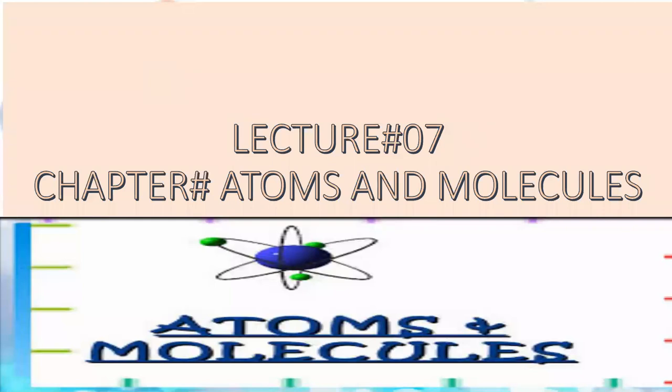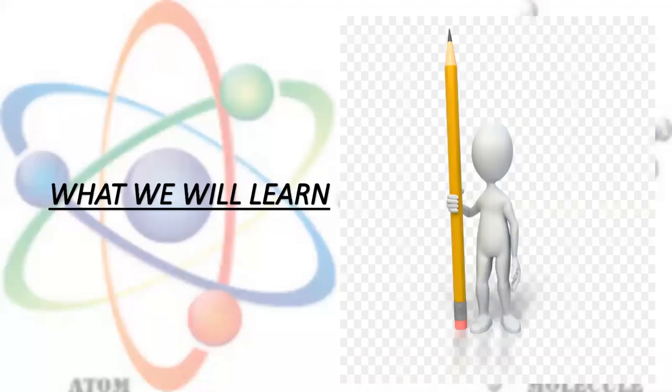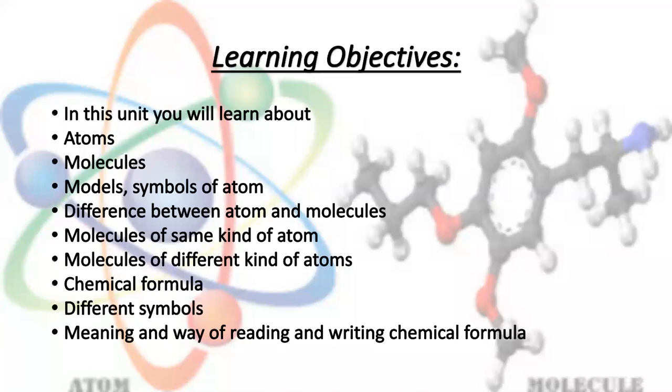Now today's lecture is lecture number 7. The chapter is Atom and Molecule. This is the second part of the chapter Atom and Molecules. Learning objective: in this unit, you will learn about atom, molecules, model, symbol, and differences between atom and molecule. Up till molecules we have done. Clear? So before going to the next topic,